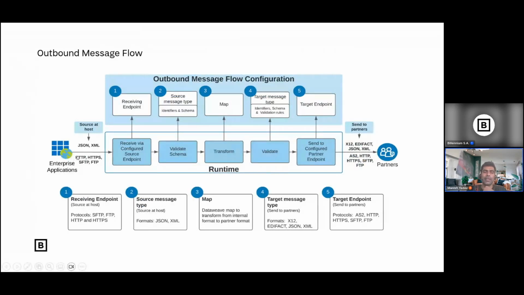See, this is an enterprise application. You submit the order to this guy, the SAP application. SAP mentions, "Your order has been confirmed." Then again, you want to send this back to the partner. How will it do that? Again, you have a receive endpoint, validate the schema, transform, validate, and send it to this guy. That's all. So this is the outbound flow, inbound and outbound flow. Whenever you are creating an inbound and outbound flow, MuleSoft will automatically create an application for you to do these things.